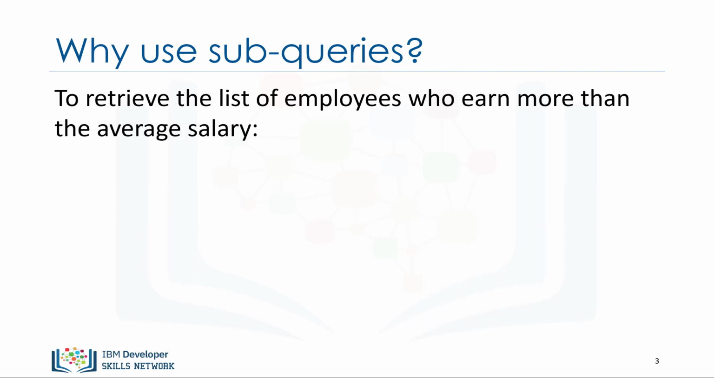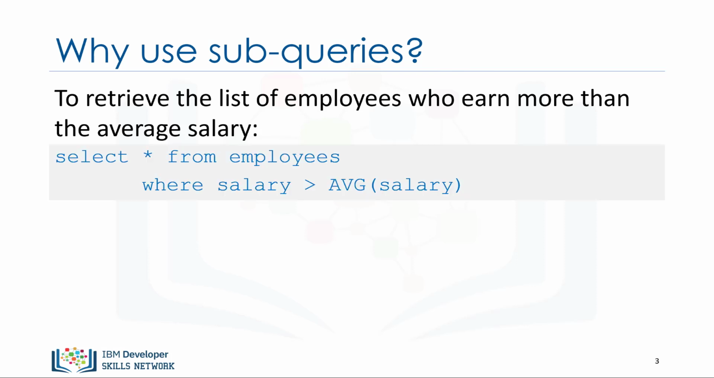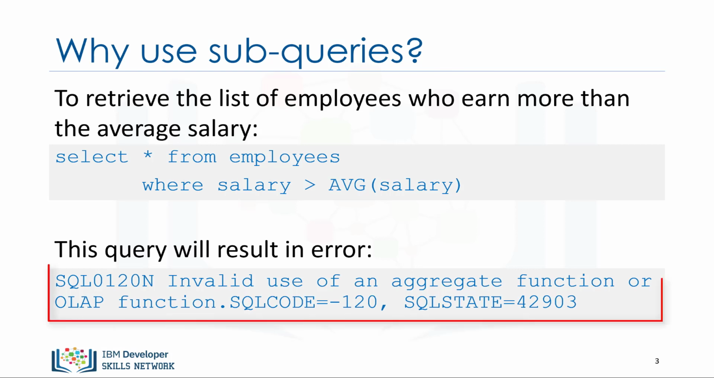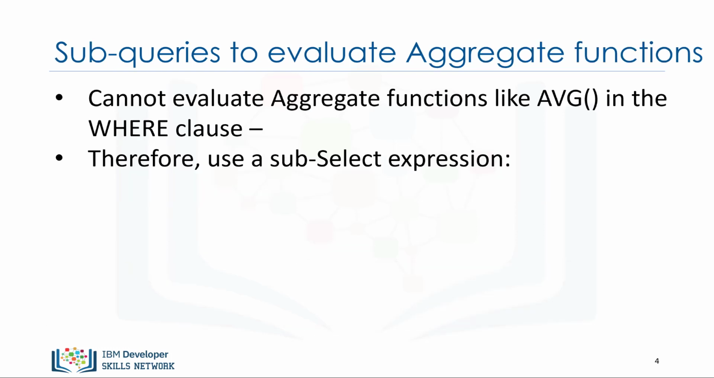Let's say we want to retrieve the list of employees who earn more than the average salary. To do so, we could try this code: select star from employees where salary is greater than average salary. However, running this query will result in an error like the one shown, indicating an invalid use of the aggregate function. One of the limitations of built-in aggregate functions, like the average function, is that they cannot always be evaluated